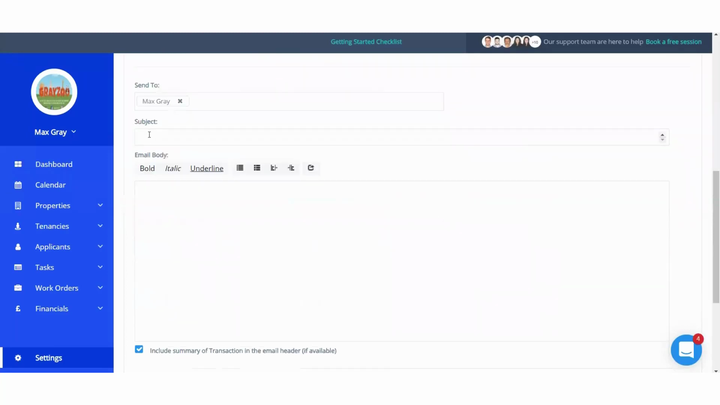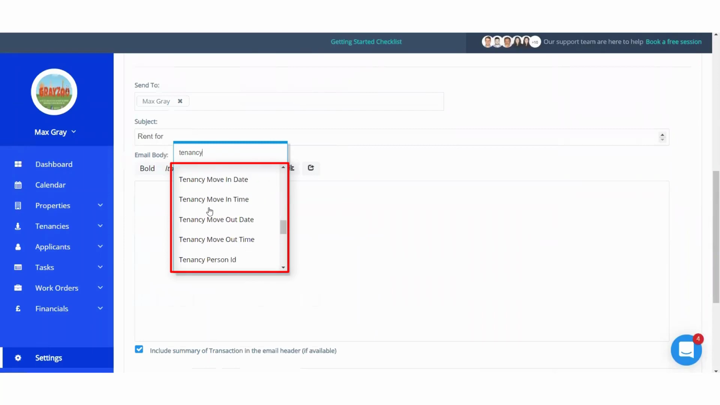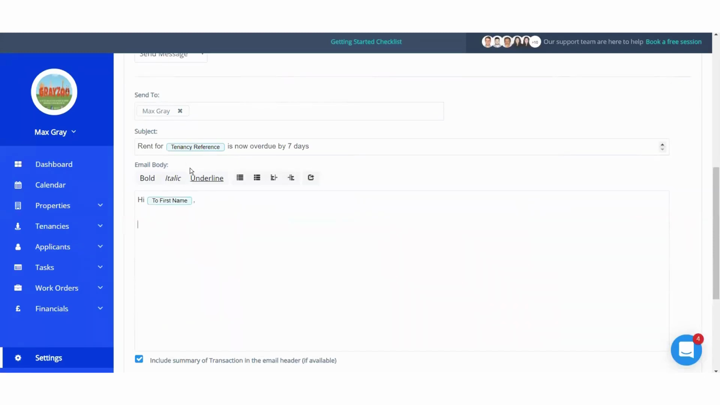In the subject, what we can write is rent for, and when you want a variable, for the system to pick up on a variable, you right click and type in, let's say, tenancy, and we'll find the reference. That will say rent for TE1001 is now overdue by 7 days. You'll then go ahead and write the email. So you'll go, hi, and then again, you can right click and click first name. So it will say, hi, Max. Just to let you know,